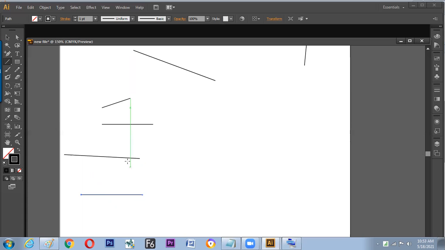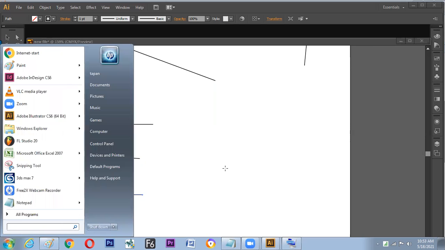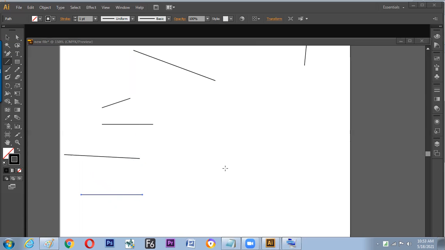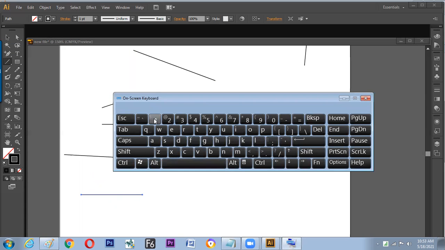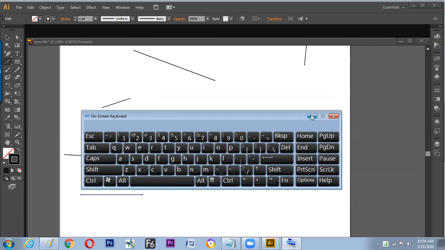Check the screen. A little different event will happen now. Listen very carefully and observe the cursor. Now there is a keyboard shortcut on your keyboard. It's called the tilde button. Can you see beside the one there is a small button above the tab, the tilde button. What you are calling it, you can call it that. But this is the button which is to be used now, and you can see a different magic on screen.